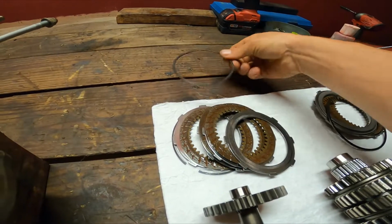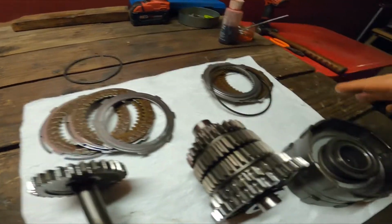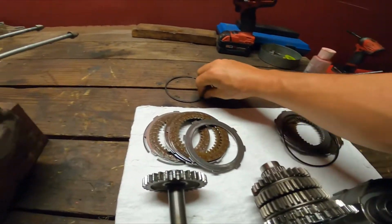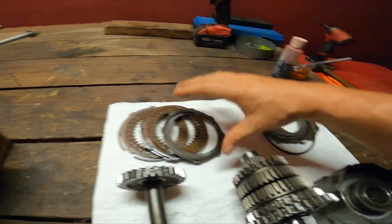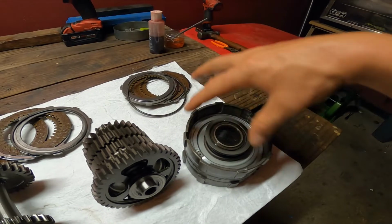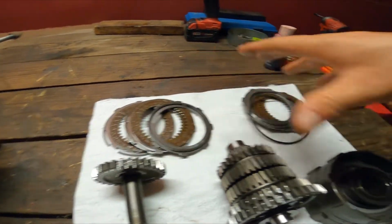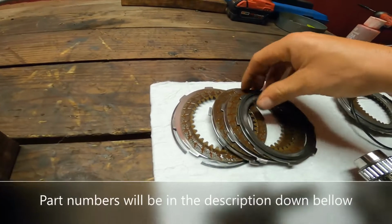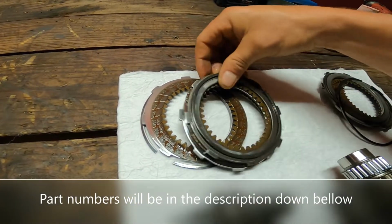So these are the clutches right here. This is each pack. They go on each side of the clutch, as you can see. You take this retainer clip off, and it gives you access. You just get your screwdriver, you pry it up, and then you should be able to pull the clutches out. I usually just dump them like this, and the clutches fall in my hand. So these are the clutches, and you can see that a lot of